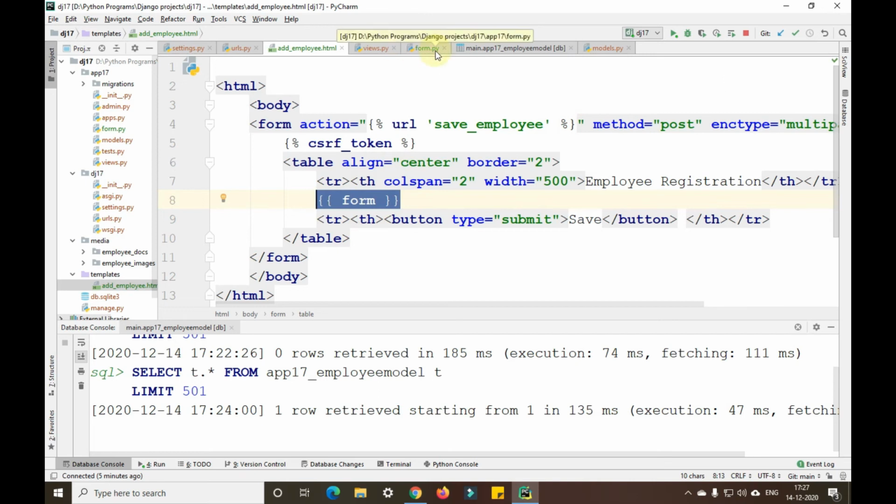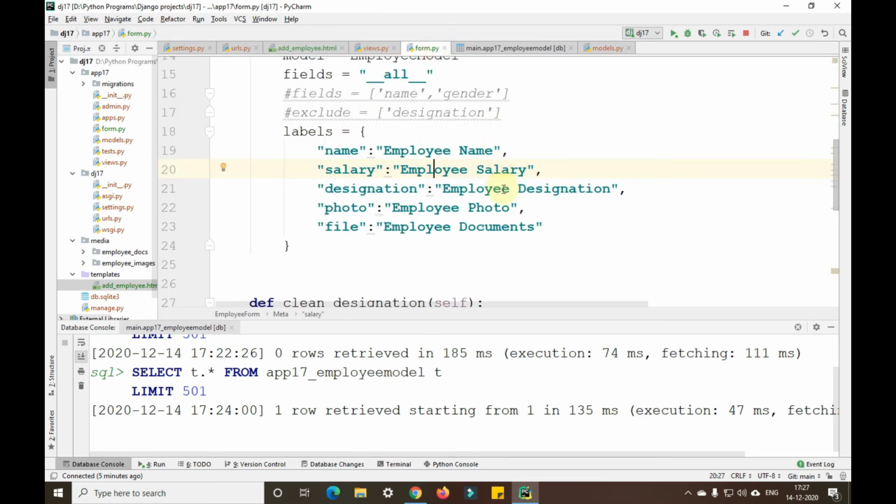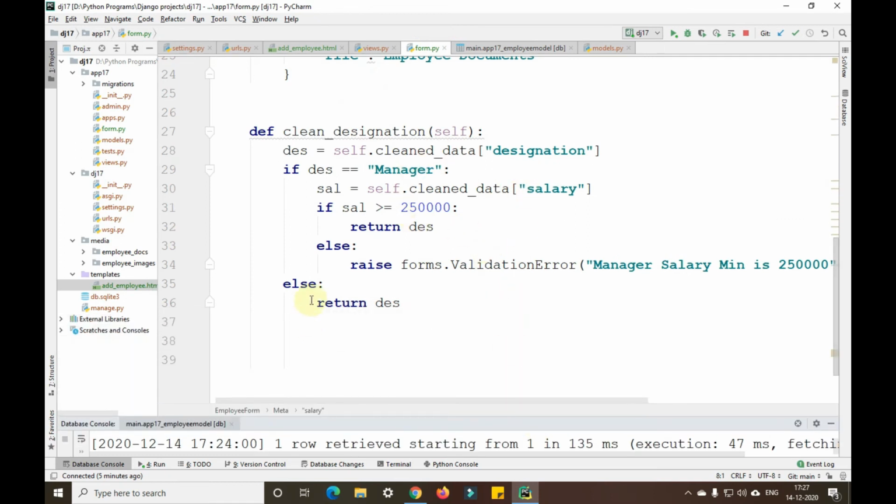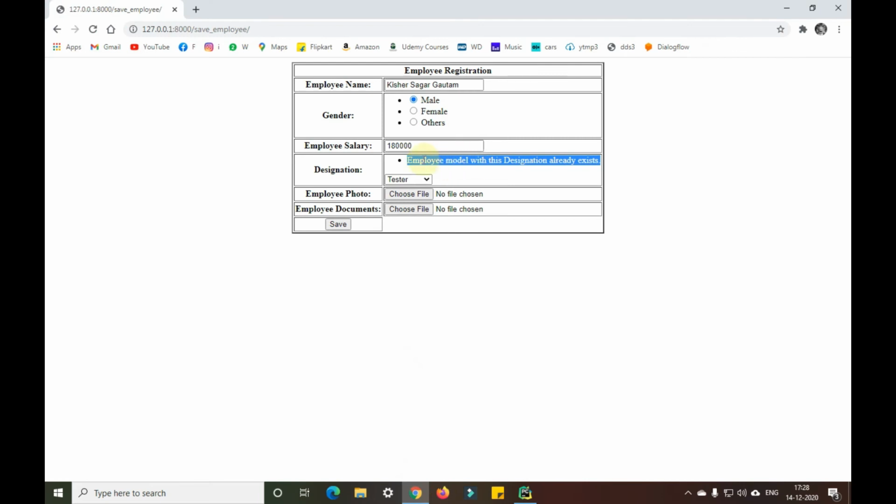That error is appearing because we have given some default validation here, whereas if designation equals to manager, and we have given clean designation, it will validate that. If that is not valid according to the requirement of the database, then it will show us an error.